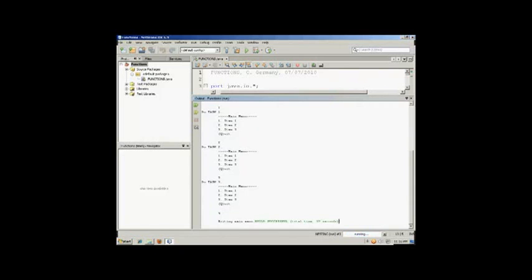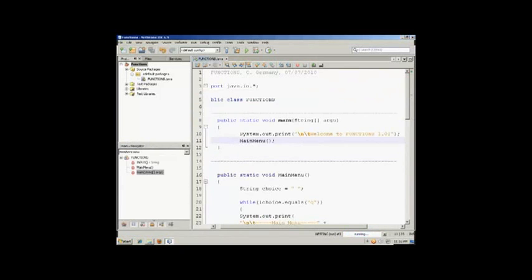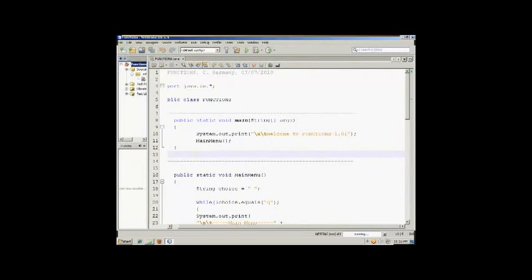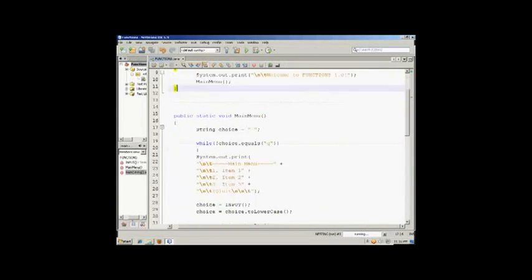So again, this is just sort of a very brief introduction to functions, but by now you should be able to understand the usefulness of making your code modular and of encapsulating your